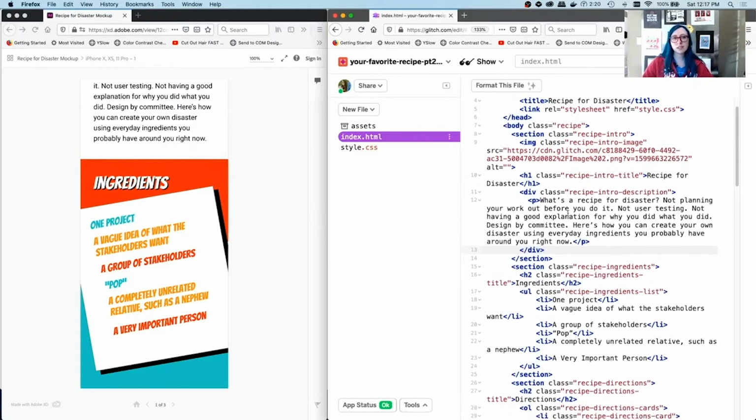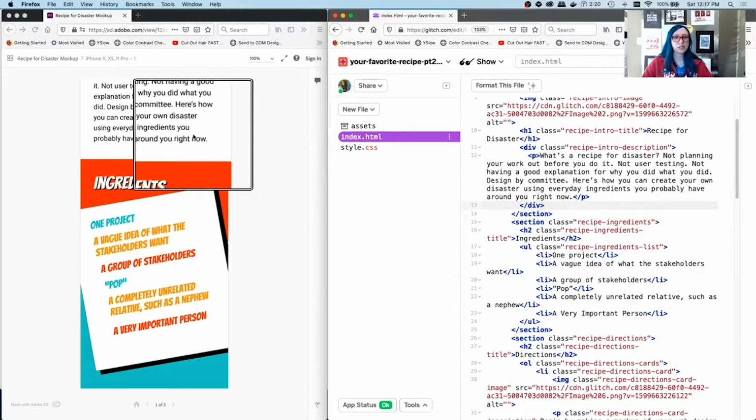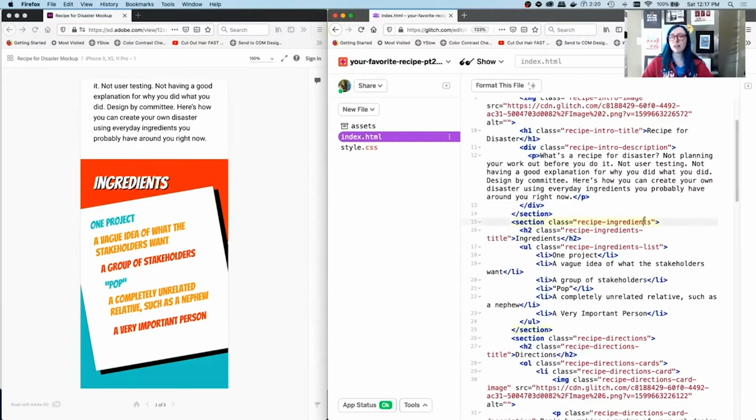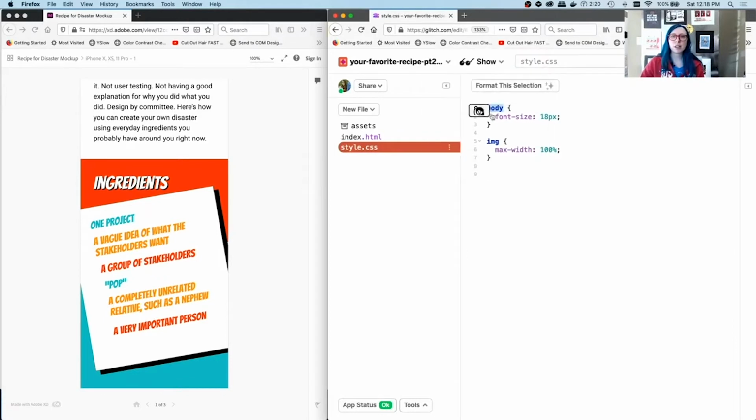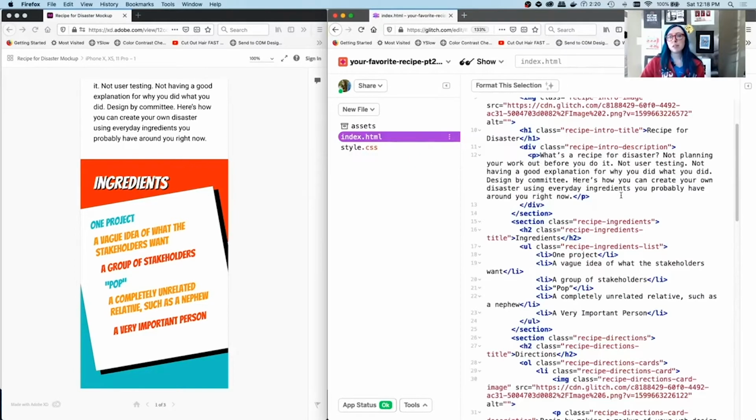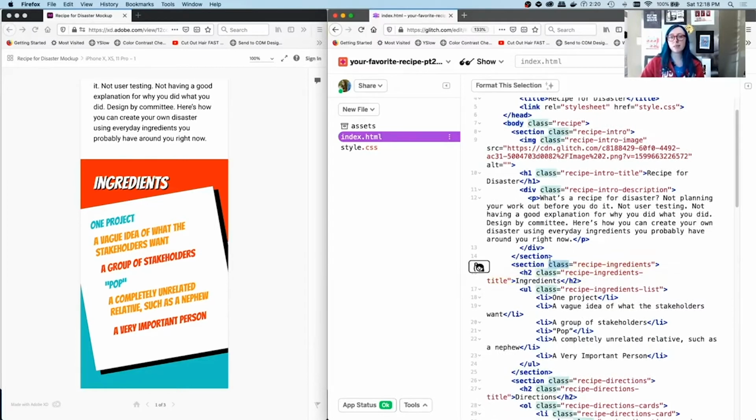And if I take a look at this and I start reading through, this is where this ends. And I know that my recipe ingredients section is what I want to style. I want the background color around everything. So in CSS, to write a selector is going to be this part, right? The piece that selects the HTML. You can select an element, but today we want to select a class. We know because of the attribute, recipe ingredients. So I'm just going to copy my recipe ingredients so I have it easy to access.